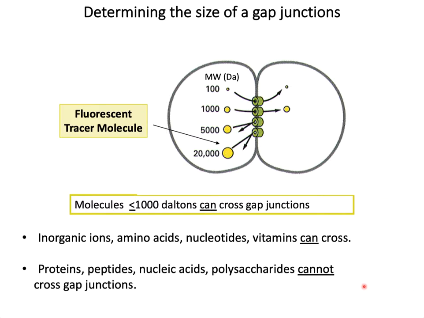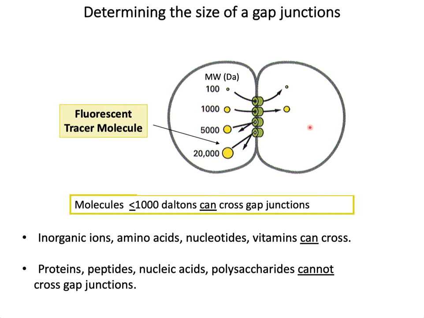So what is the size of the signaling molecules that can pass through a gap junction? This can be easily determined by using fluorescent tracer molecules of varying size. In this experiment, you can take a variety of fluorescent tracer molecules of different sizes, for example 100 Dalton, 1000 Dalton, 5000 Dalton, or 20,000 Daltons, and micro-inject them into one cell that is presumably connected to another cell through gap junctions. Then, using fluorescence microscopy, you can watch the movement of the fluorescent tracer molecules from the injected cell